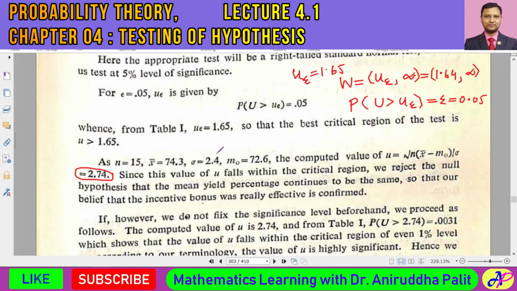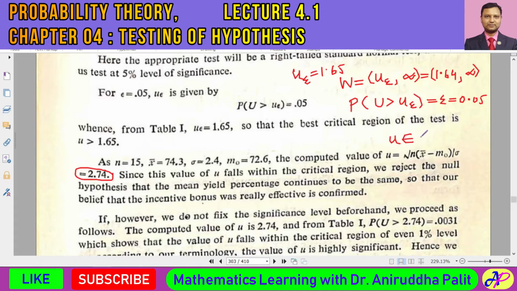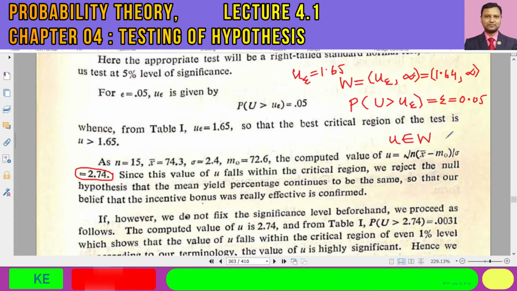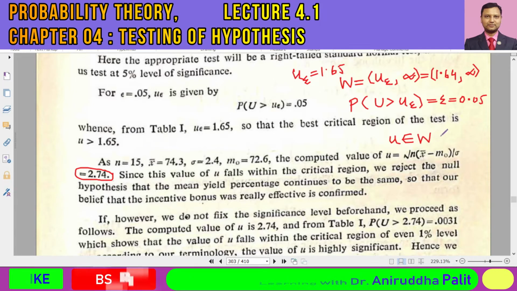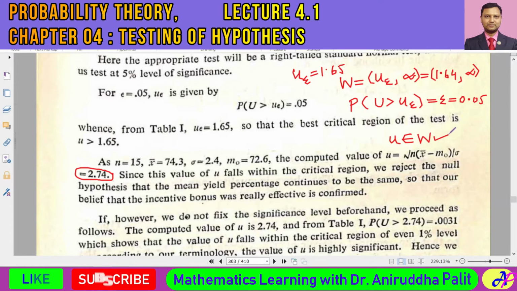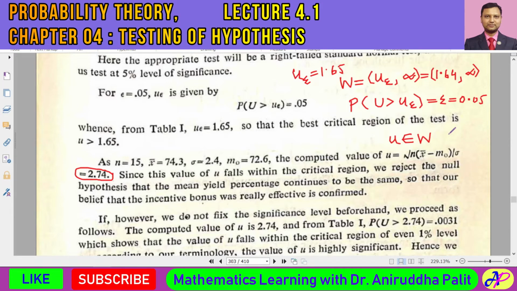Now you see this value of the test statistic, this value of u, actually belongs to this critical region. And if the value of the test statistic falls inside the critical region, then we shall have to reject the null hypothesis and accept the alternative hypothesis. That would be the basic final conclusion. So we shall have to reject the null hypothesis and